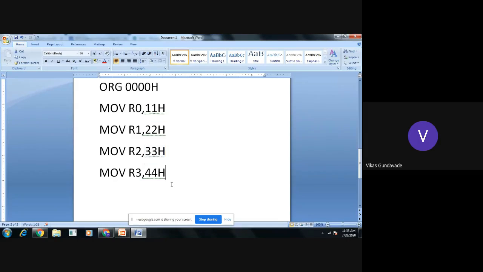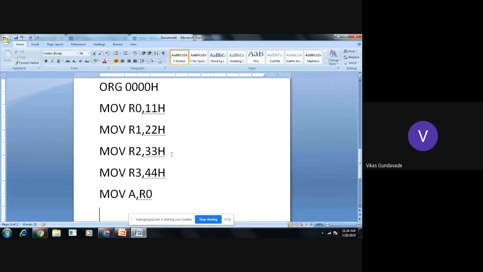So we will transfer one number into the accumulator so that we can add the other number. So here the instruction will be MOV A, R0. So the first number, 11, we have taken into the accumulator. Okay. Then what we need to do is add the other lower 8-bit number into